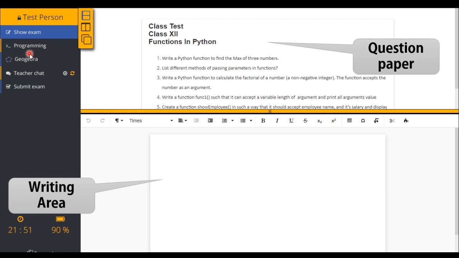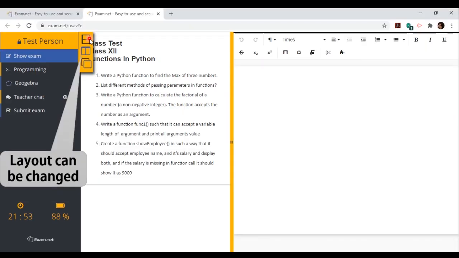If the question paper needs some mathematical symbols also, the student can switch to that mathematical page by clicking on GeoGebra. This is the teacher chat area. If a student wants to ask something, they can click on this teacher chat area and ask questions to the teacher. And after completing the exam, the student will click on submit exam to submit the exam paper.